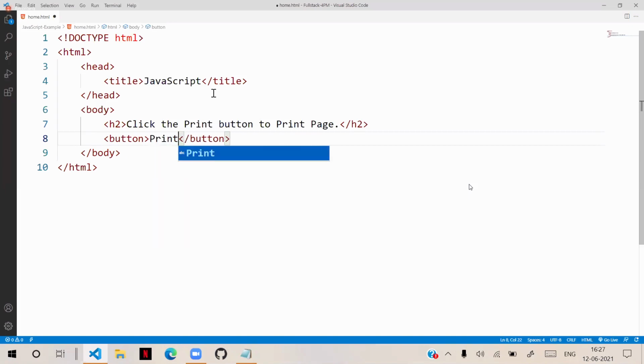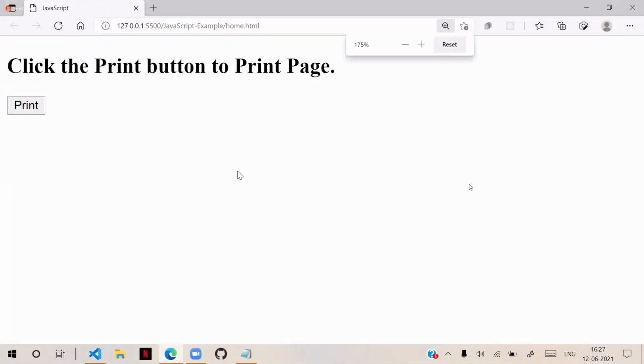Now what we want is for JavaScript to create a simple print functionality so that the button can print the page. So how can JavaScript be used in HTML?